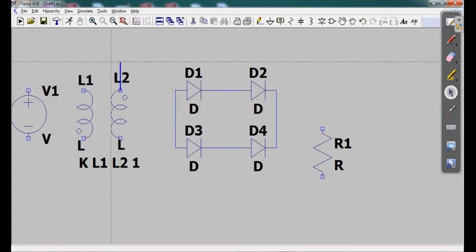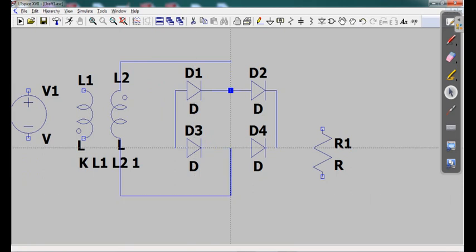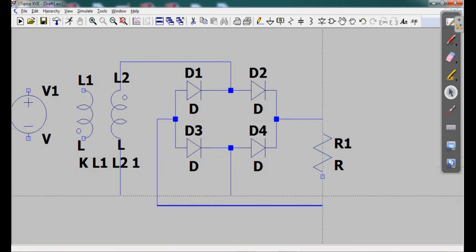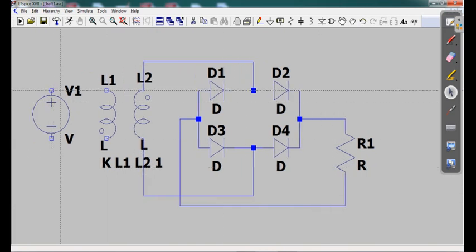So take connection from here, then connect all these and press escape. So all the connections we have made.